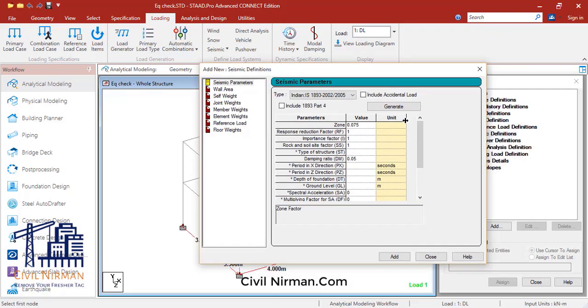Today we are going to understand the manual check of the seismic coefficient method. Many of you may not be aware of what this accidental load in the seismic parameters is, and why we are including it, or why we should include it. Right, so let's first understand how we can perform a seismic analysis over here, and we will go for a manual check. Also we will understand why we are including accidental load.